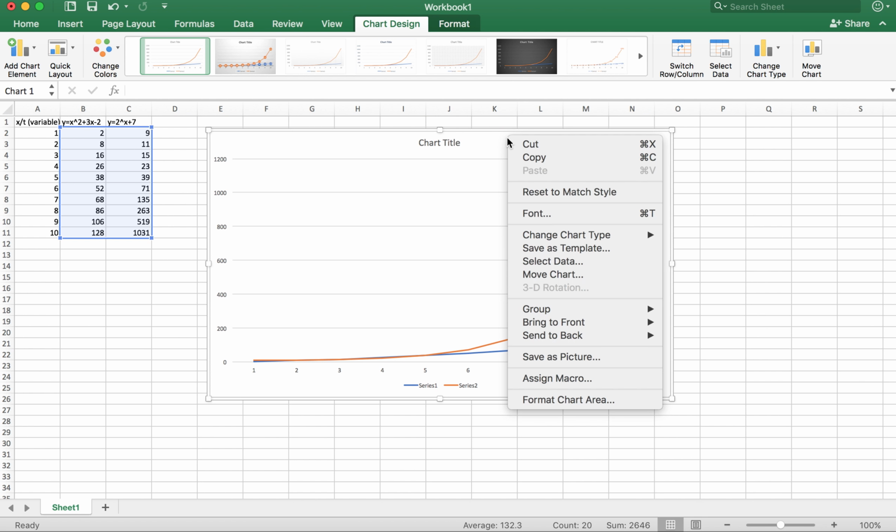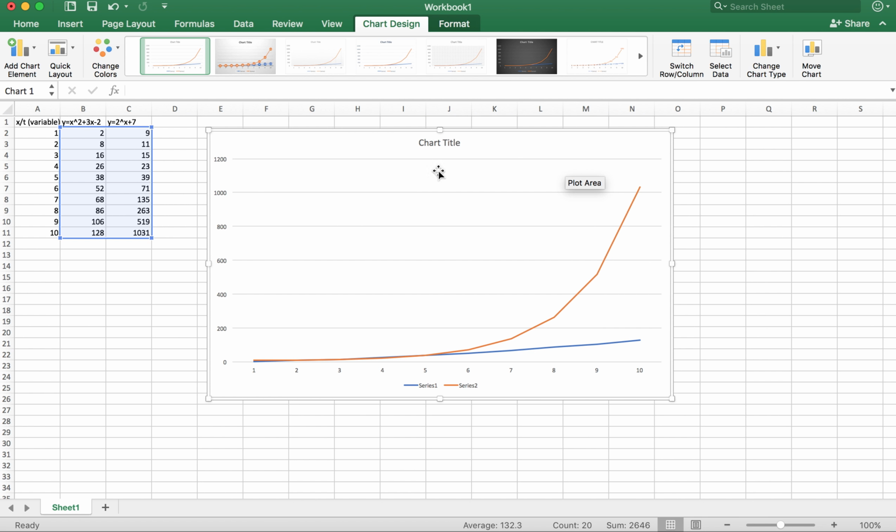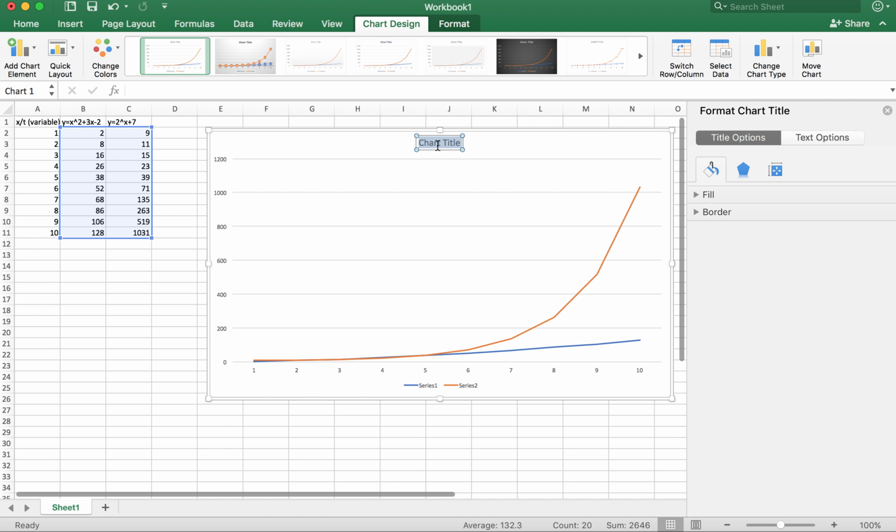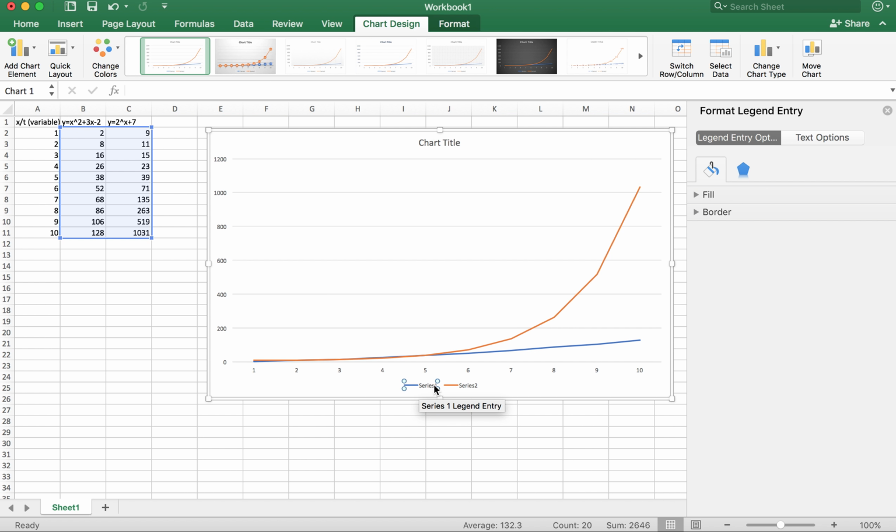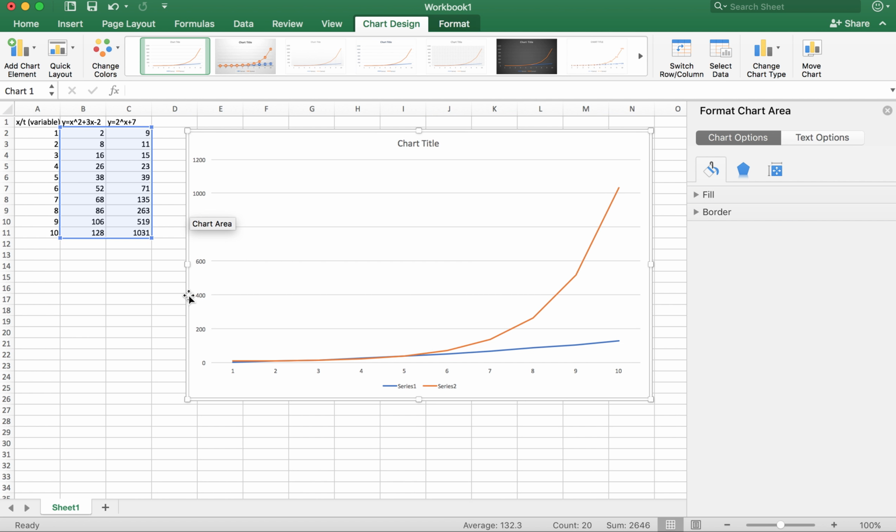And then when you want to go to print it, you just want to make sure that you select this as your print area. If you can get this part done on your own, then you want to make sure you include a chart title, and you want to rename these. So down here you have your key, and you want to rename the series 1 and series 2 with your equations or with the title of the scenarios. That's the basics for creating a chart in Excel. From there, there are lots of things you can do with the chart, and you can play around with the formatting options to make it look as nice and